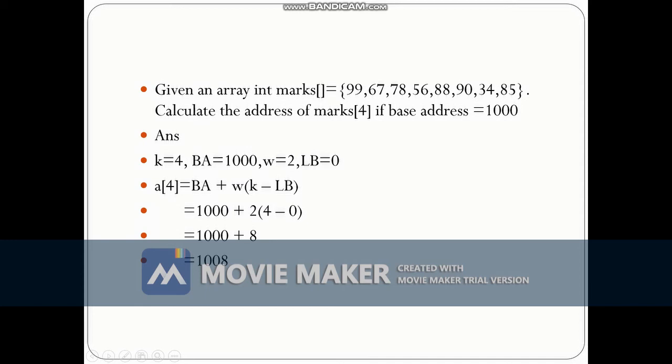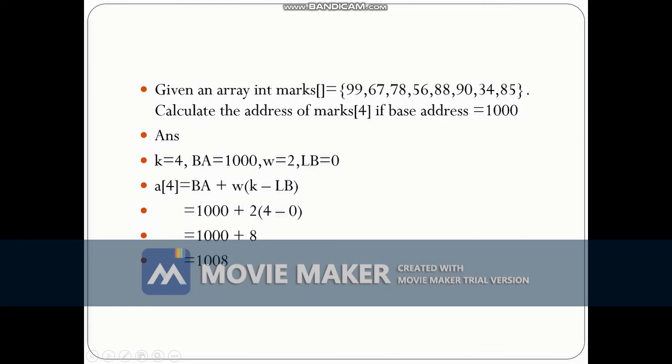So this is the formula. We want to find the address of the element at index 4. BA, the base address, is given as 1000, plus w. W is the size of each element. The data type is integer, so what is the size of an integer? 2 bytes, that's why w will be 2.